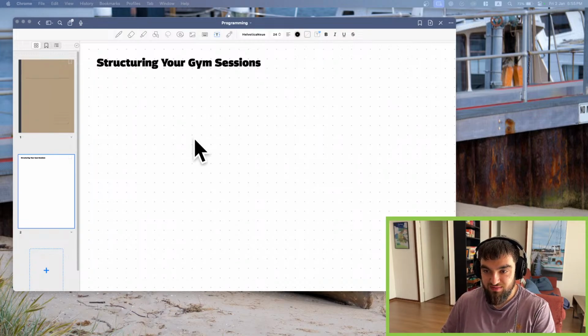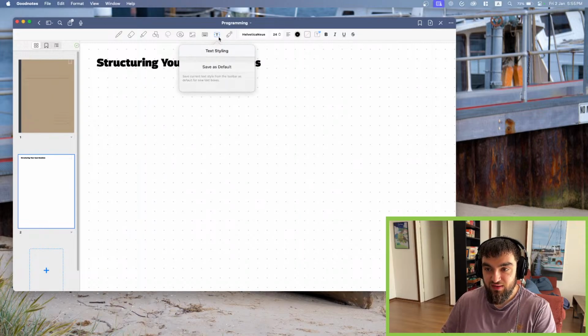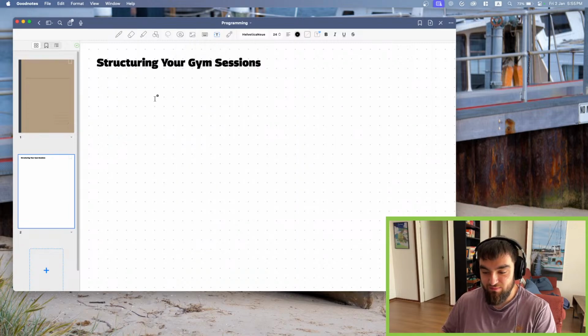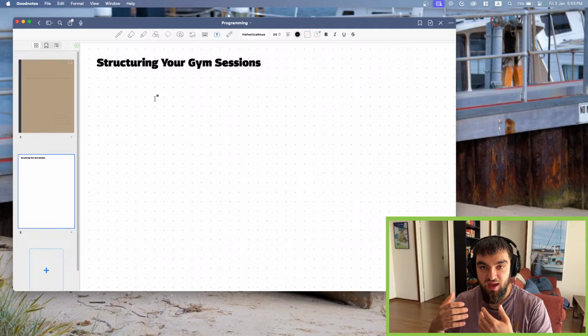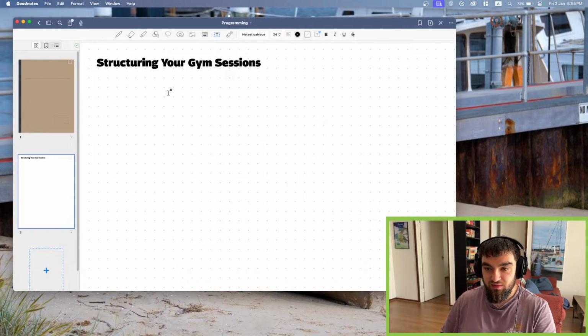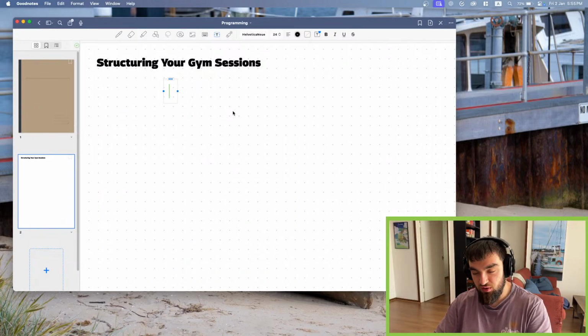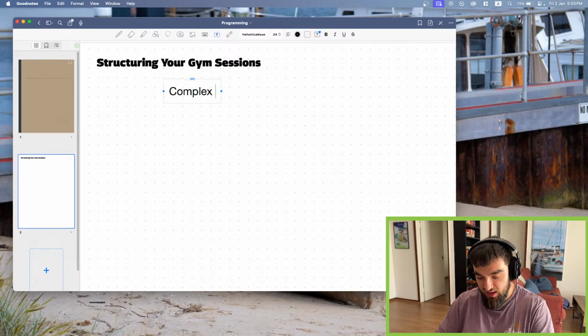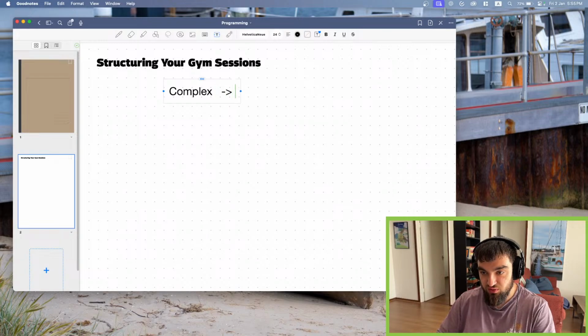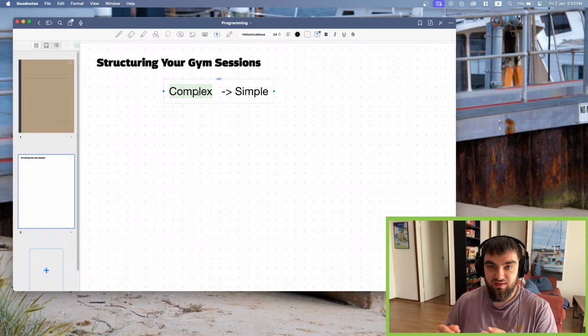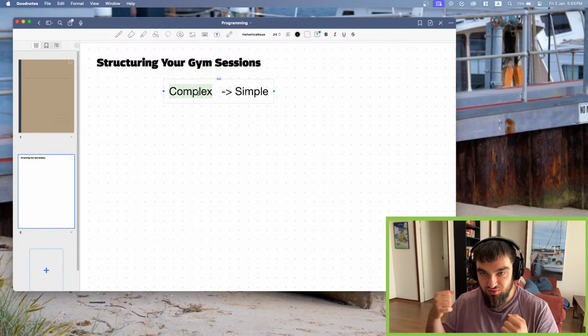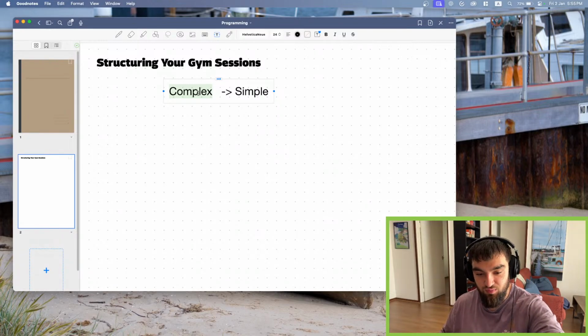We're going to go through almost a little tube, but essentially when we go through our gym sessions, there's a few things that we want to try to make sure that we achieve as we put the exercises on the sheet. First of all, we want to make sure that we're going from complex exercises through to simple exercises. Now, this word complex can mean a few different things. It can mean how literally difficult it is to coordinate the movement. It can mean how necessarily you want to